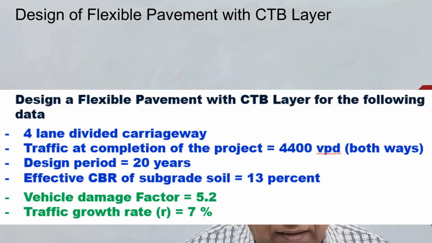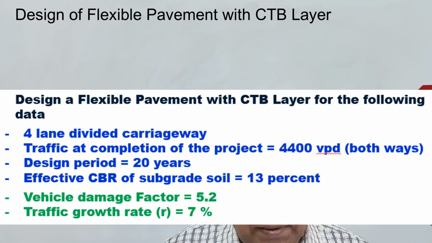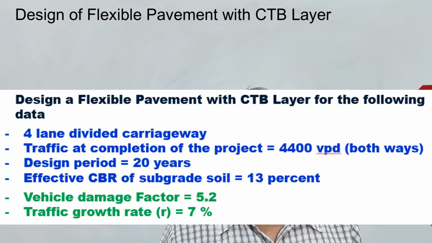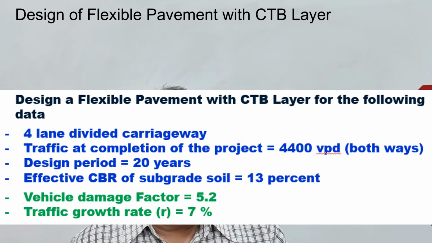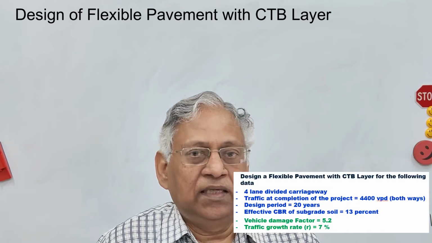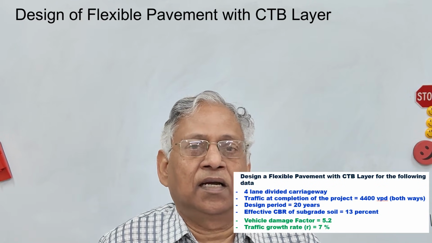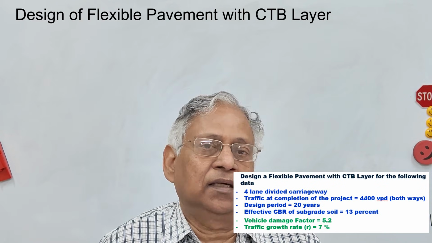It's a 4-lane divided highway. Traffic at completion of the project is 4,400 vehicles per day in both directions. Design period is 20 years, effective CBR 13%, VDF 5.2, and traffic growth rate is assumed to be 7%. Now with these data, the first step in the design is to determine the design traffic in terms of median